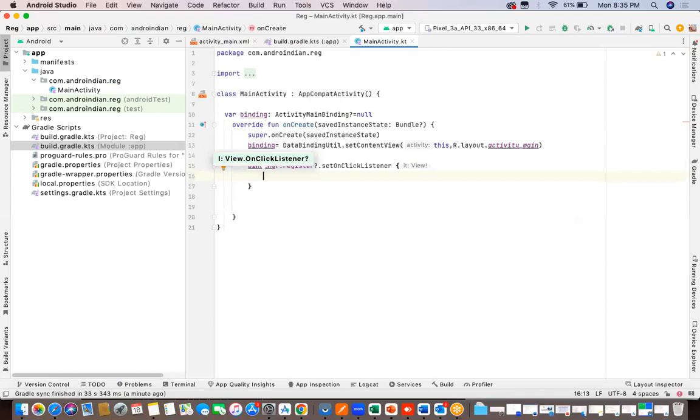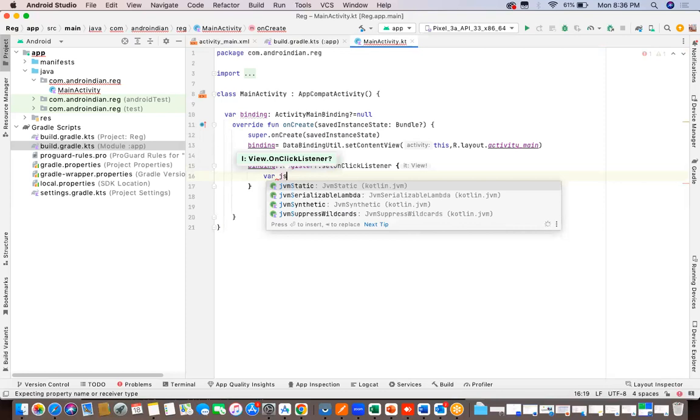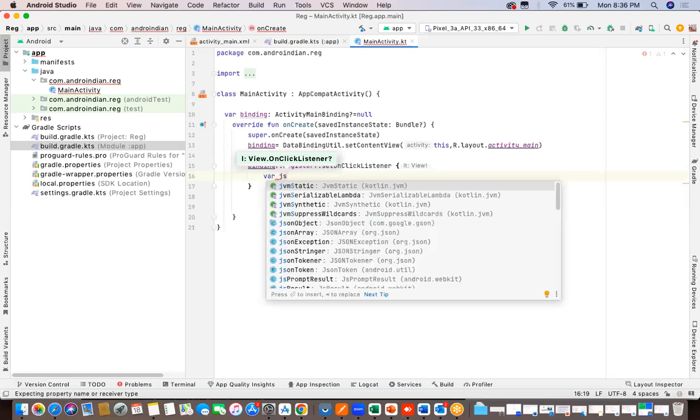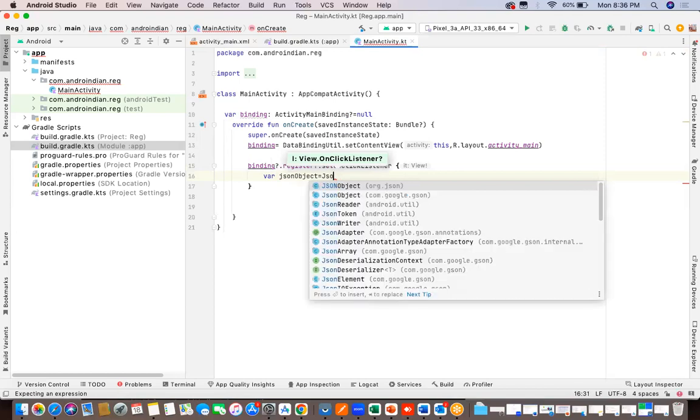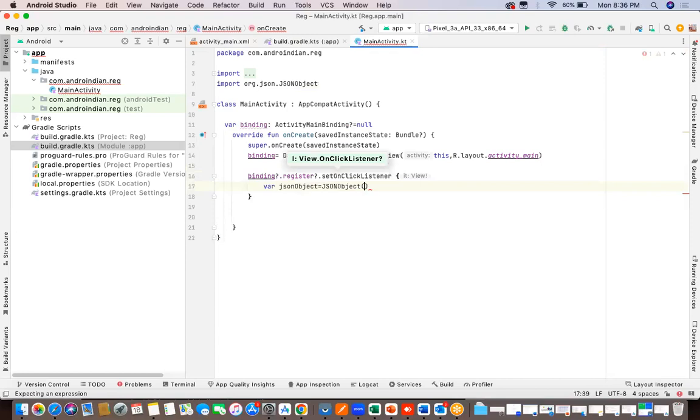First of all, I want to create a JSON object here. JSON object equal to new JSON object. I have declared the JSON object, right? Now for this JSON object,